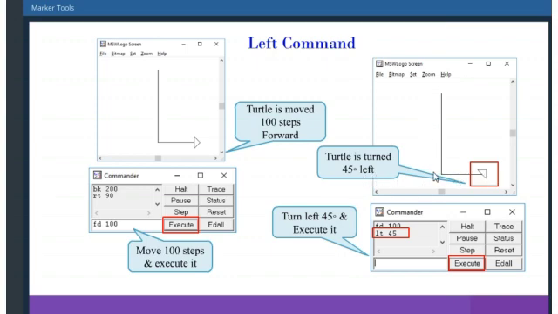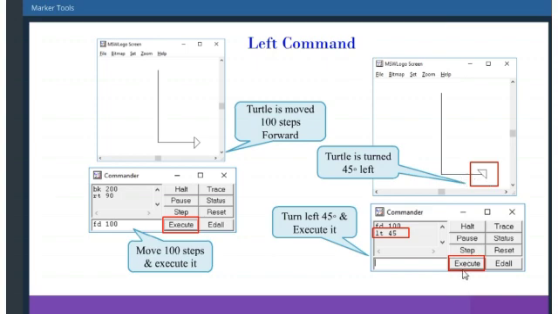Then the turtle will turn left. Here, already right turn 90, then forward 100. That means move 100 steps forward, and execute it. Then the turtle moved 100 steps forward. After that, we give the command LT 45, which means the turtle turns 45 degrees left.